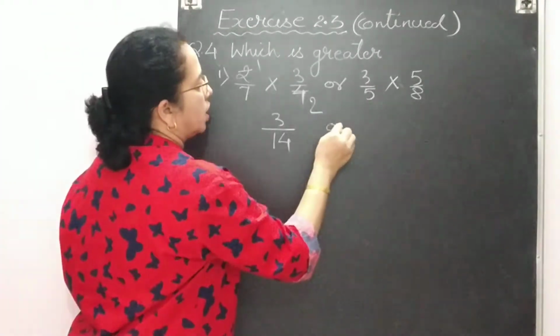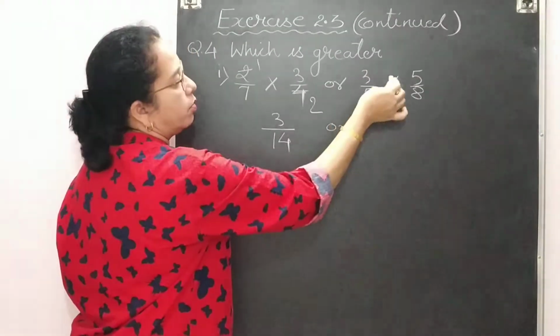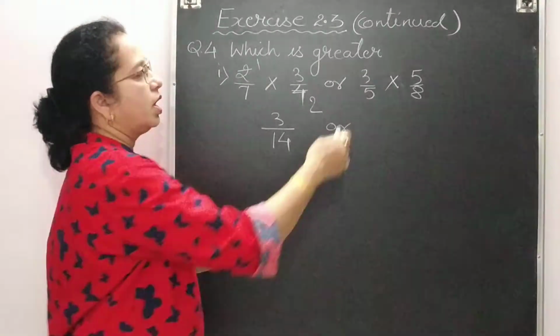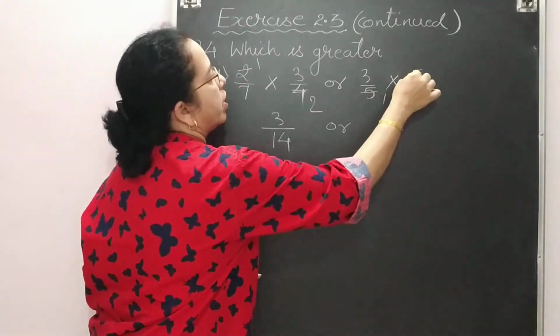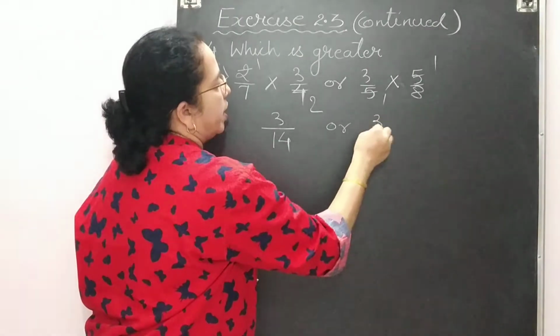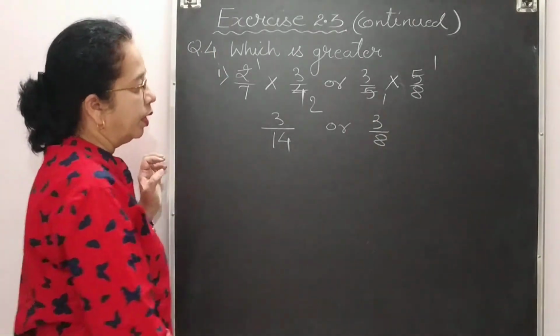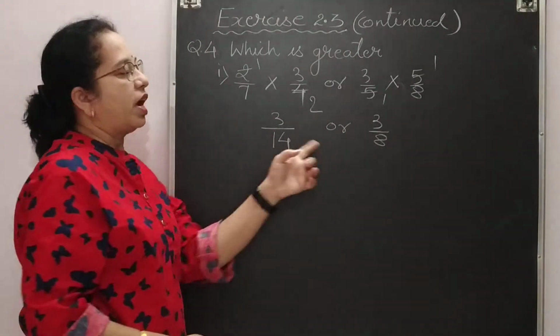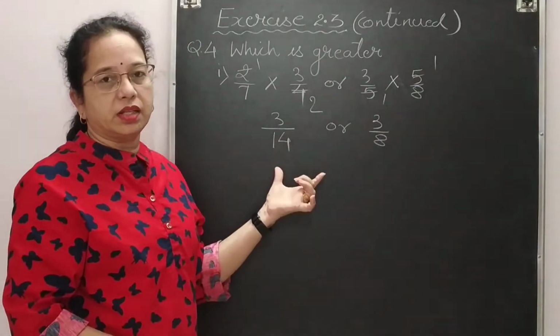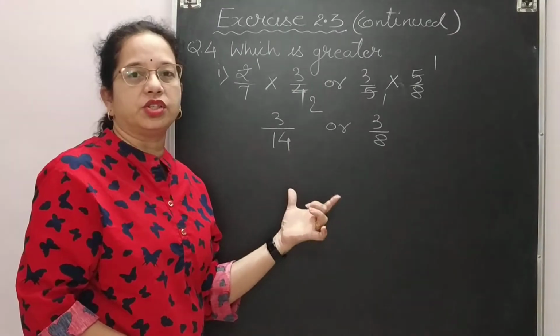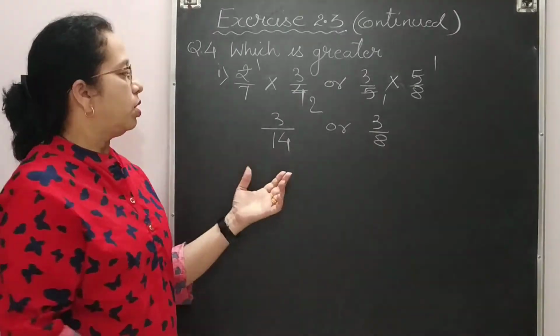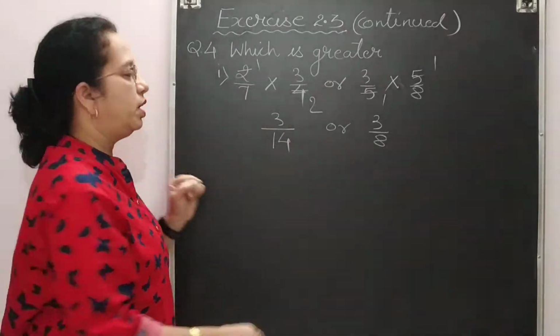Okay. Come to the another part. Here again multiplication of fractions. So we will cut the number, one from numerator, one from denominator. Multiply numerator with numerator and denominator with denominator. Now we have these 2. Which fraction is greater? Two methods are there. You can convert into like fractions and then compare the numerators, or another method you can do cross multiplication.